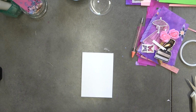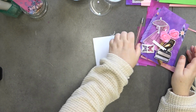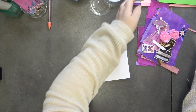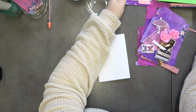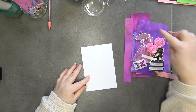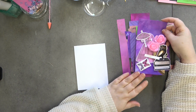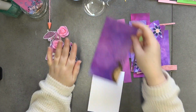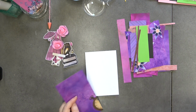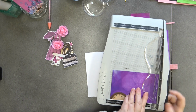Right then, we are back, and I have my last card all set up. So I decided, because I've put everything away now, and oh my goodness, there's still tons left. So this is like still the kit of what I've got left, plus these are all like the scrappy bits. So you can see I've just done a quick layout on here. So I thought it'd be quite nice if we just used some of the scrap bits up from what we'd already cut down. So I'm going to make sure all my bits are